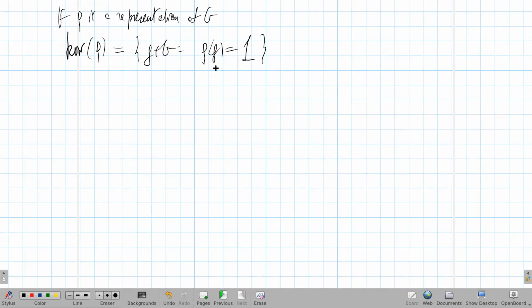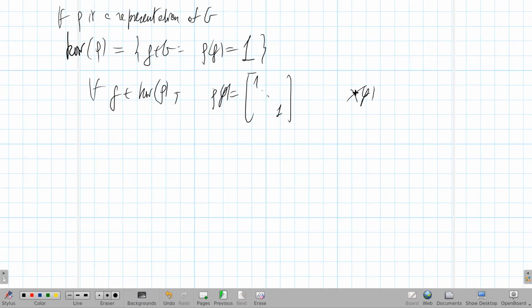And then if g is in Ker rho, this means that rho of g is the identity, so it's 1, 1, 1. And so if you take the trace, the character of g will be equal to what? Well, of course, it will be the character of 1, okay? And the corollary says that